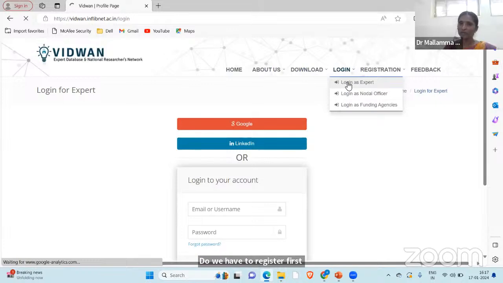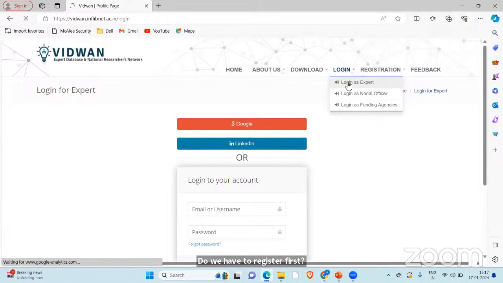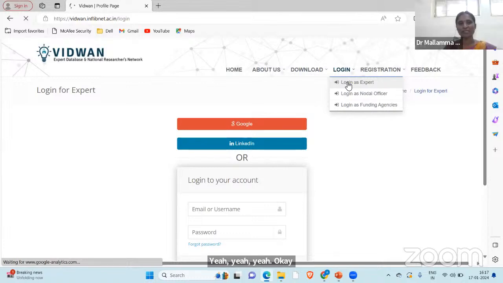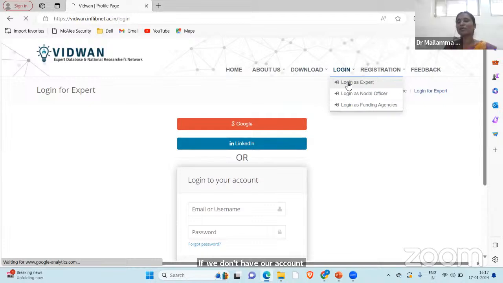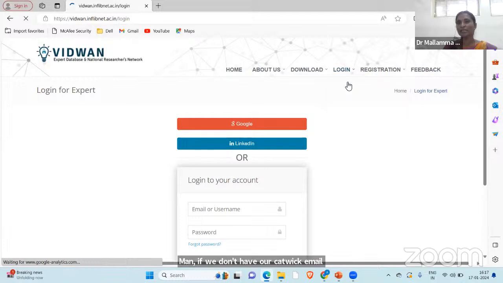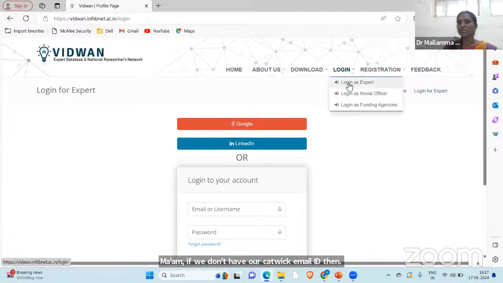No, go, because you have a Google account and your academic account, no? If you have your academic email ID, it's enough. If you don't have an academic email ID, then also it's not a problem. You can go with your Gmail. So login as expert. Everyone has clicked on it.